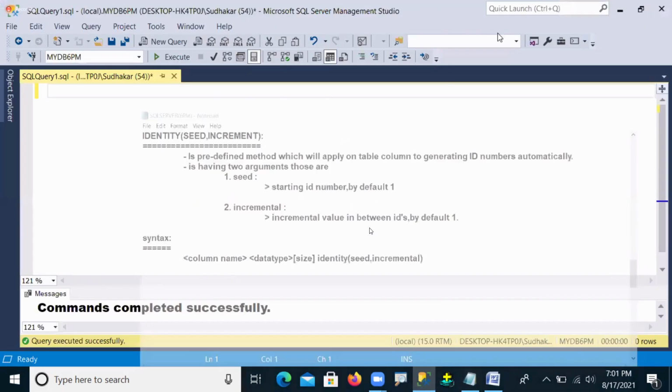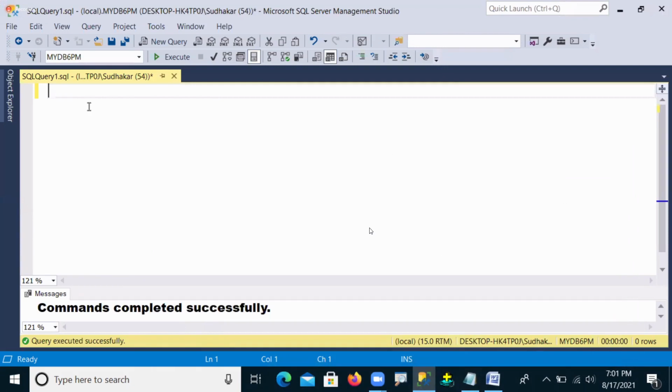Observe. For example, now I'm creating one sample table, guys. So create table. The table name I'm taking, for example, is test number 44.